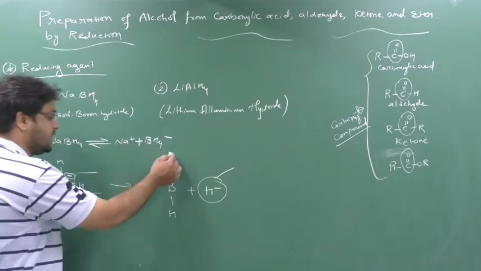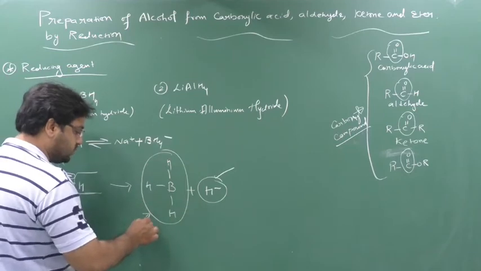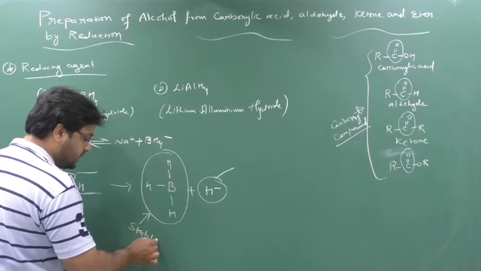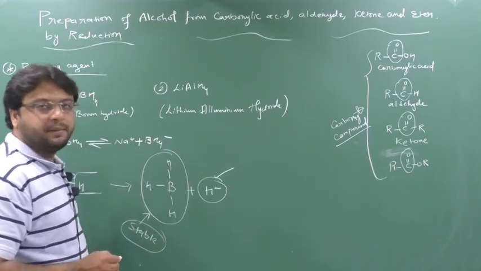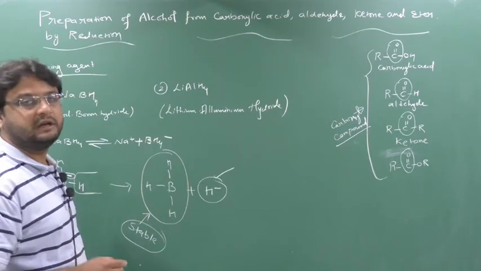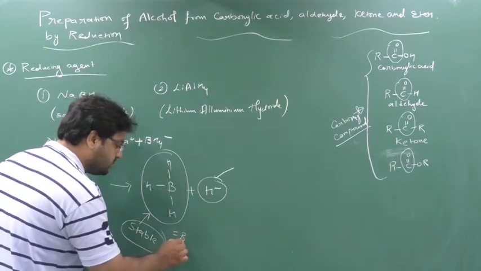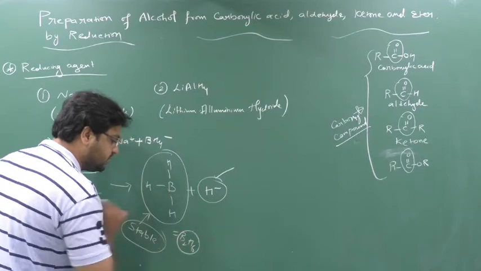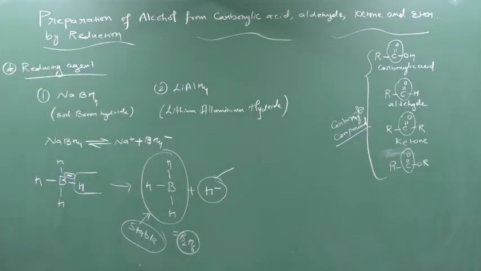So this BH3, you know BH3 is a stable compound, yes or no? BH3 is a stable compound, but one thing you know is that BH3 doesn't exist as BH3. It will form a dimer, and forms what? B2H6, yes or no? This is everything you know. But what is the actual logic here?